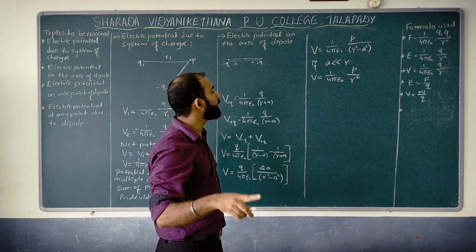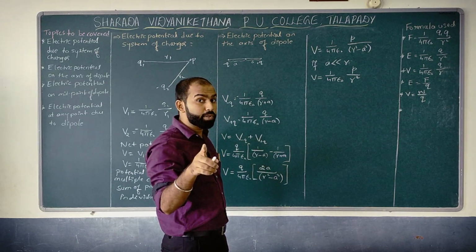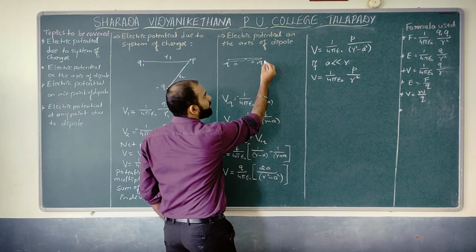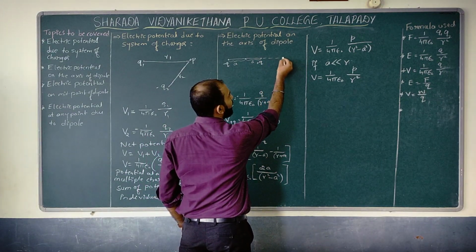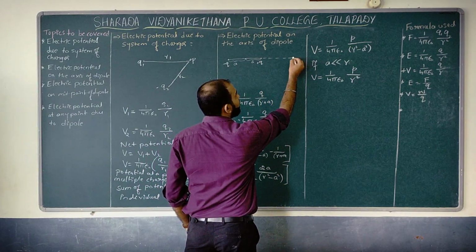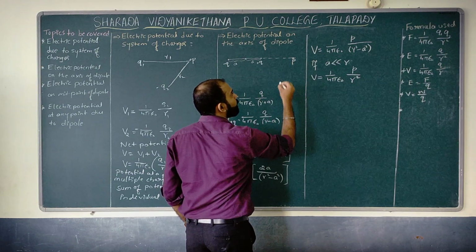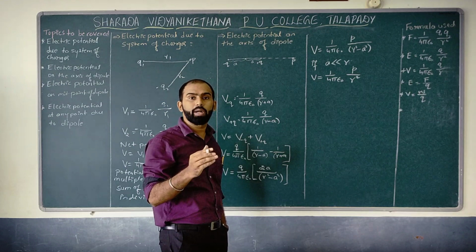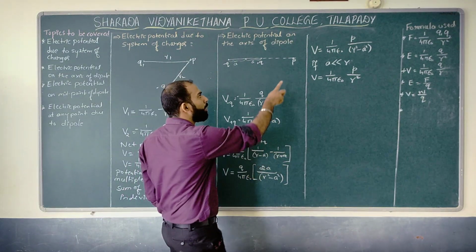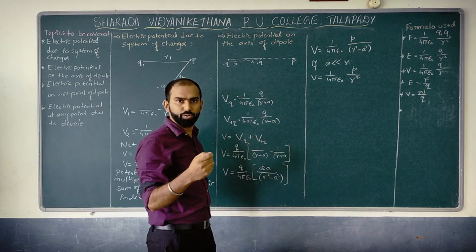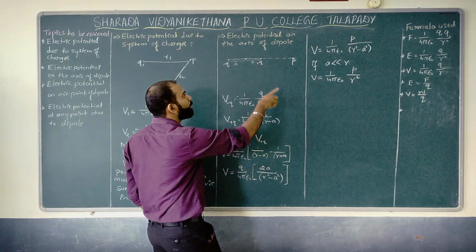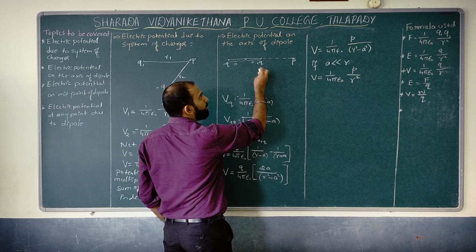So your job is to take the electric potential on the axis of the dipole. So can I say this is the axis of this particular dipole over here, and you take one point P where you are supposed to measure or find the electrostatic potential. So this is the point where we are supposed to measure electrostatic potential. So you have kept your point P at a distance.